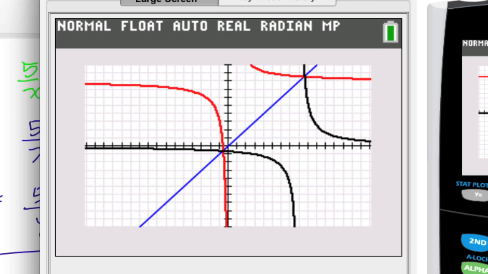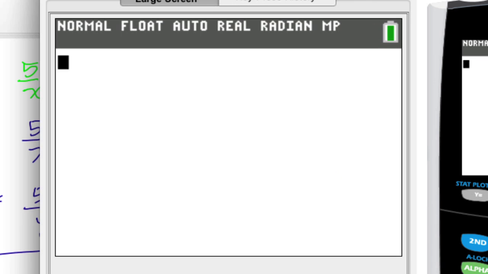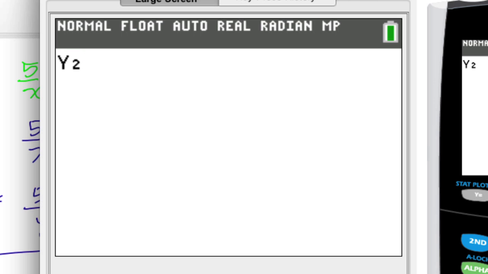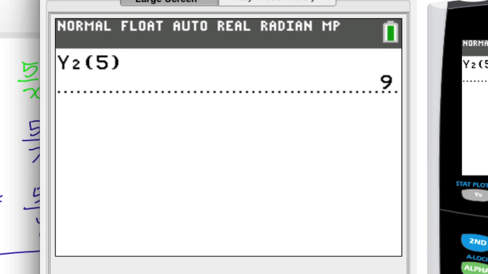And now let's take a look at a few points just to verify that when we're dealing with an inverse, the x and y values are swapped. Like I said earlier, we know the original function is in y sub 2. So we press the alpha key, we press the trace, which has the F4 in green, and we want to pick number 2, which is the original equation. And let's just pick any domain value. Let's put in, let's say, a 5. And then we see that when the input is 5, the output is 9.